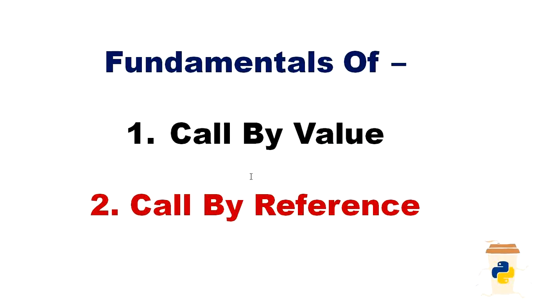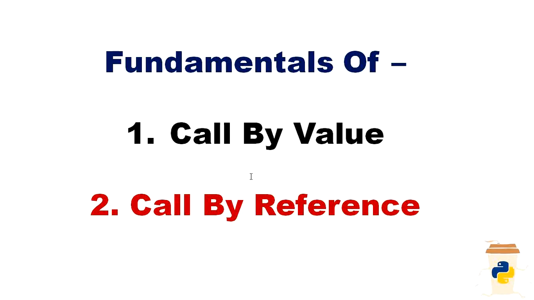So now we will be discussing the fundamentals of call by value and call by reference quickly. So what is a call by value? In the call by value method, the value of an argument is copied into the parameter of the function. This means any changes made to the parameter inside the called function are not reflected in actual parameters of the caller function, because the variable inside the called function and the caller function refer to two different locations in the memory, as we had in our case in the previous program.